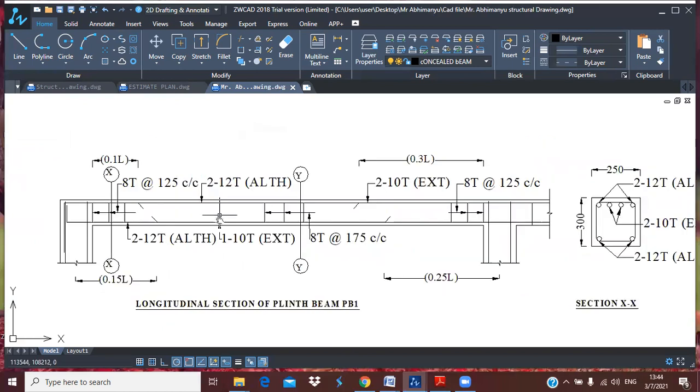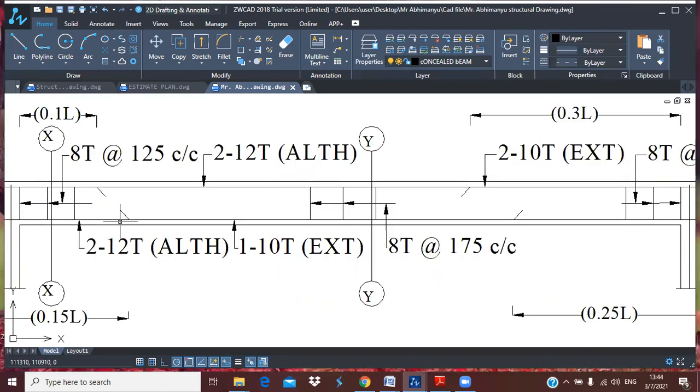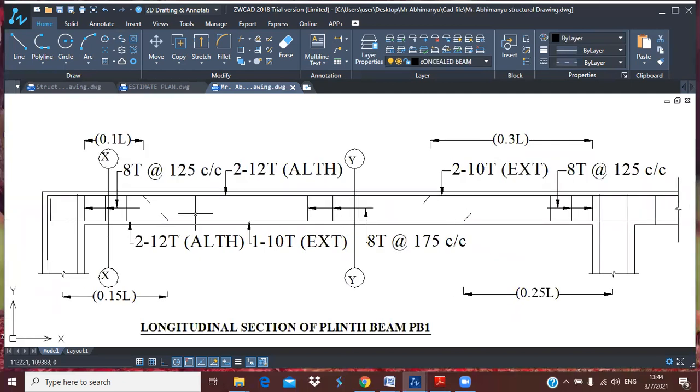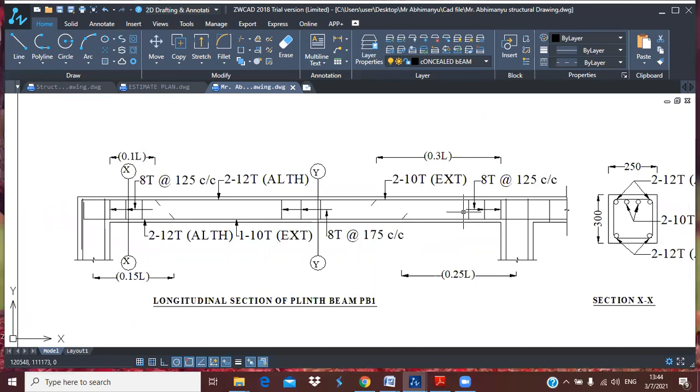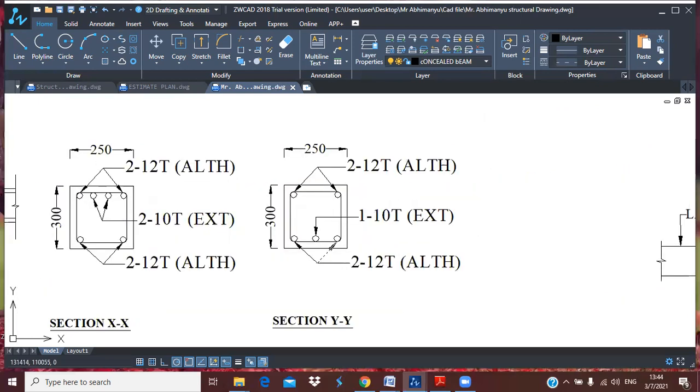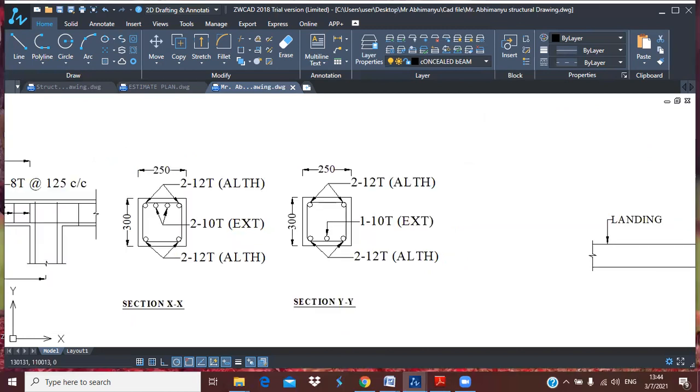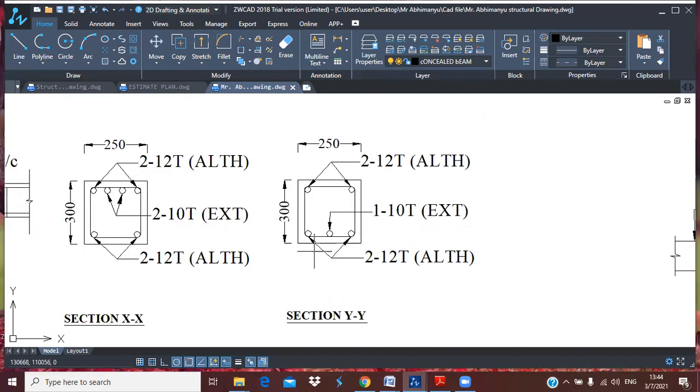Why? Because in the bottom extra bar you can see the rod is continued, started from here and ended here. That's why if you cut the section at YY, you will observe that we have one extra bar in the bottom part.